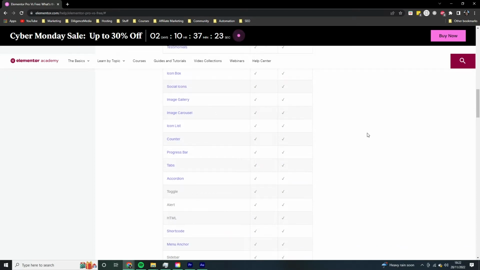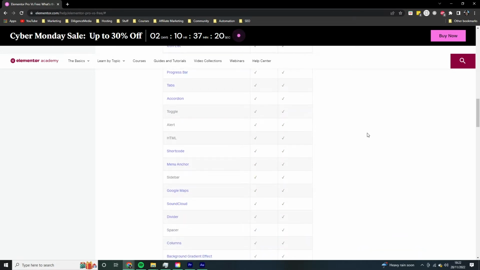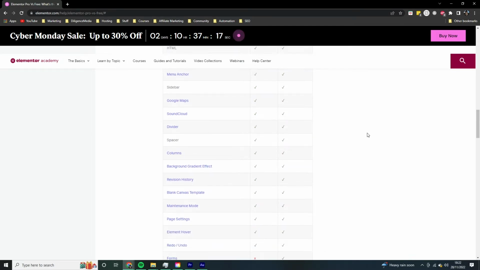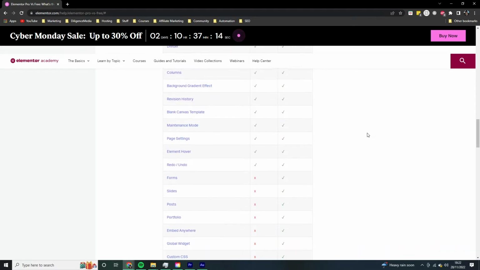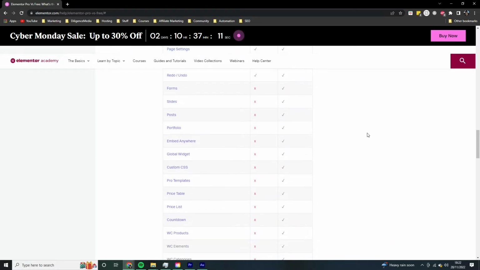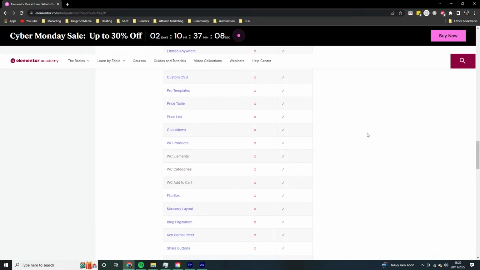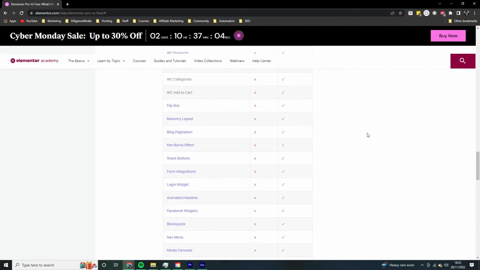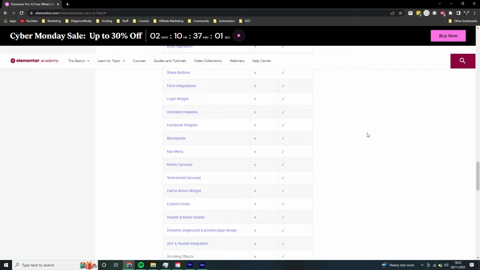Then you've got mobile editing, shape dividers, text shadow, box shadow, background overlay, video lightbox, hover animation, entrance animation, heading, image, text editor, video, button, image box, testimonials, icon box, social icons, image gallery, image carousel, icon list, counter, progress bar, tabs, accordion, toggle, alert, HTML, shortcode, menu anchor, sidebar, Google Maps, SoundCloud, divider, spacer, columns, background grading effect, revision history, blank canvas template, maintenance mode, page settings, element hover, redo and undo, and that is it